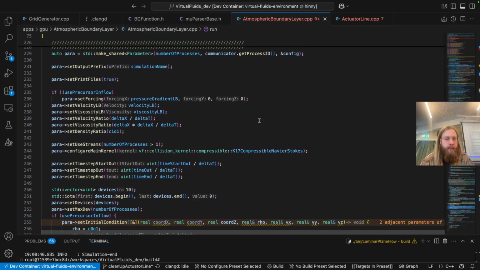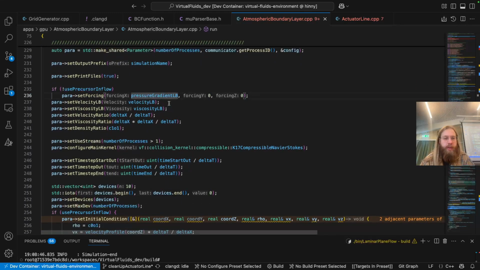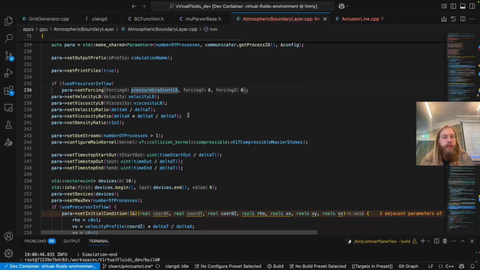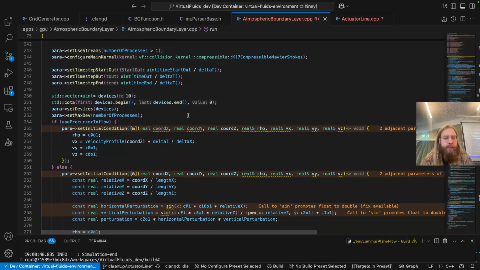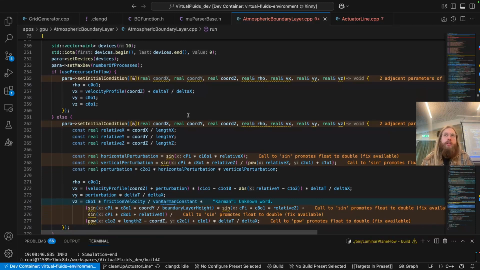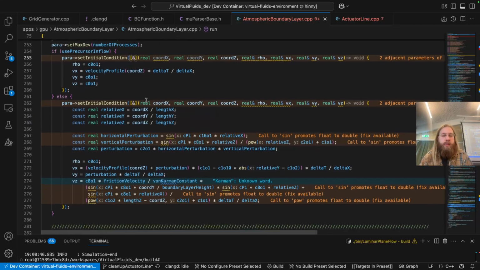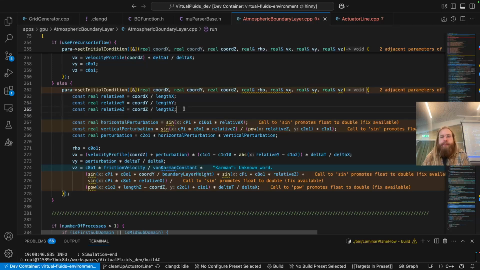Yes, and then we come here. We set the pressure gradient, so it's a constant force in the entire domain. And here we have our initial conditions. So this is, if you remember, in the GPU version, it's done a little bit differently than in the CPU version, that you define a lambda function, so an anonymous function, or you can put any C++ function to generate the initial condition of the macroscopic quantities. And we have found that